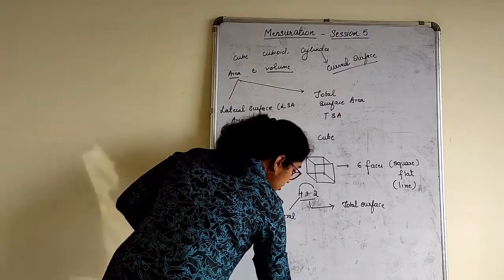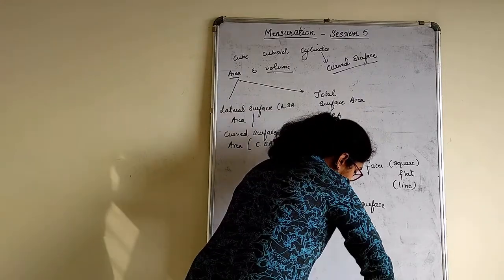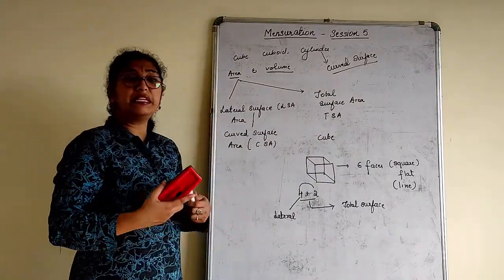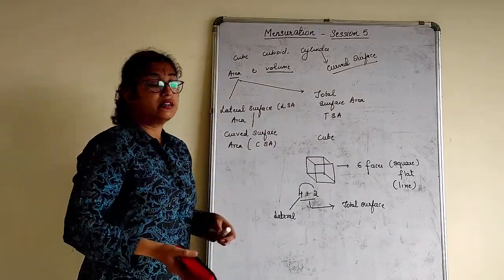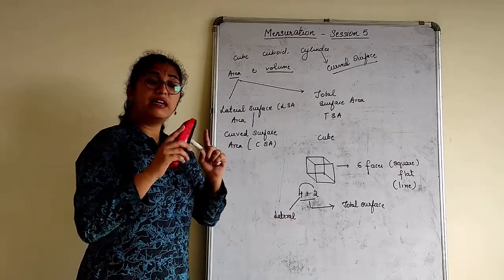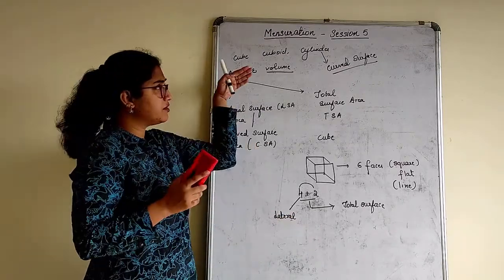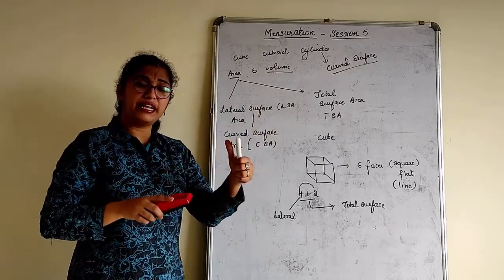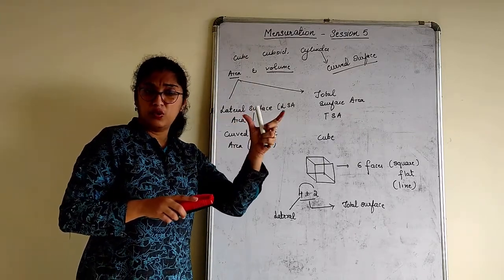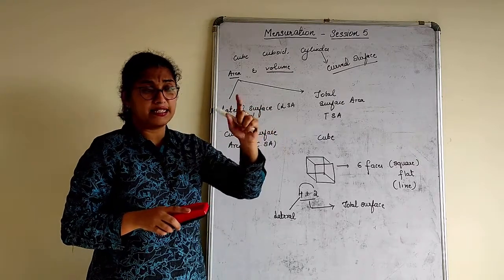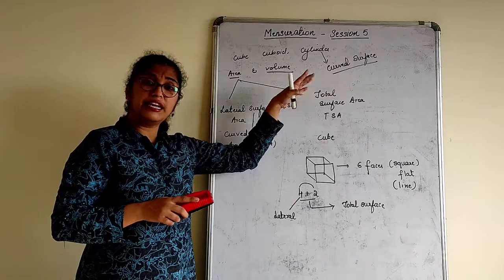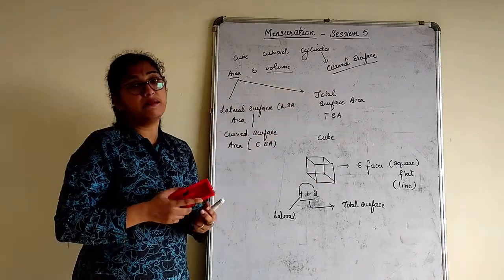So I will give you a small tabular chart wherein you will write these formulas, so that it will be easy for us to remember to solve the sums. It was not really a chart, we just wrote down the formulas. Here we have a chart for area, that is CSA or LSA depending upon cube, cuboid and cylinder. Then TSA, total surface area, and volume.